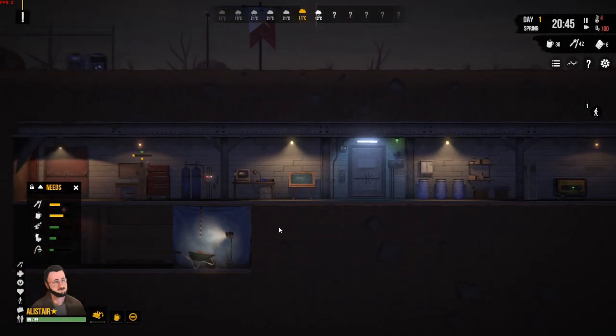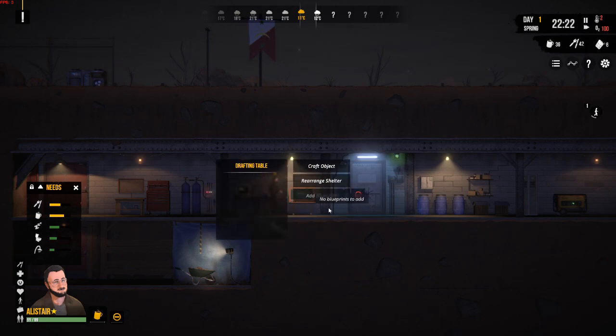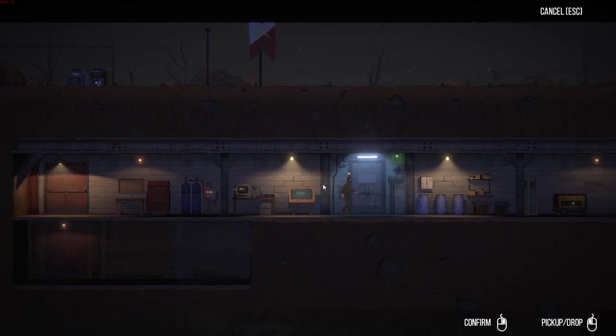But exploration in this game is key, because you do not get items respawning in the sites that you search. You do get some additional items appearing, but not like a full respawn like you got in Sheltered, where you could go to a location